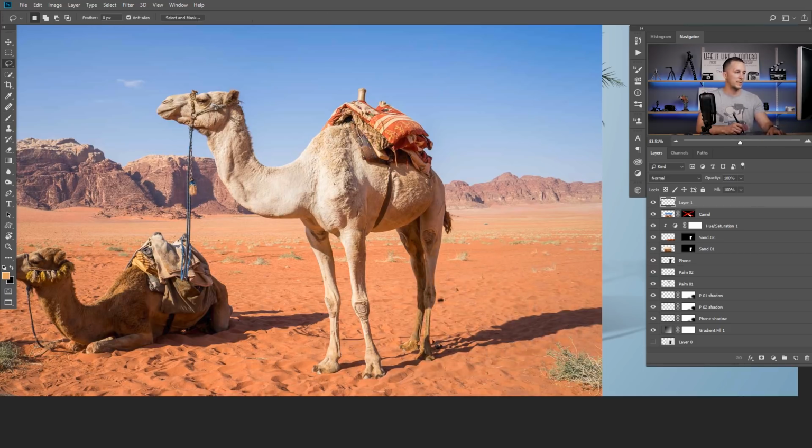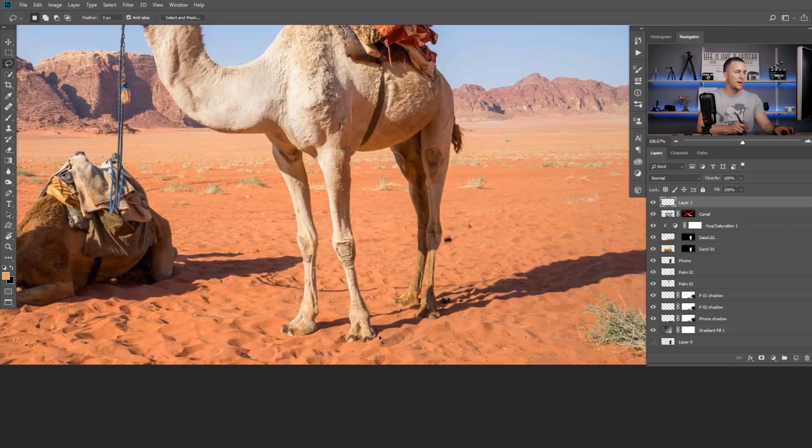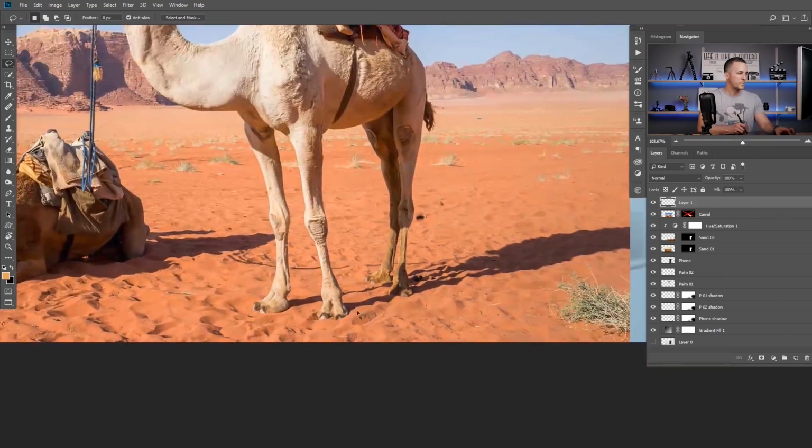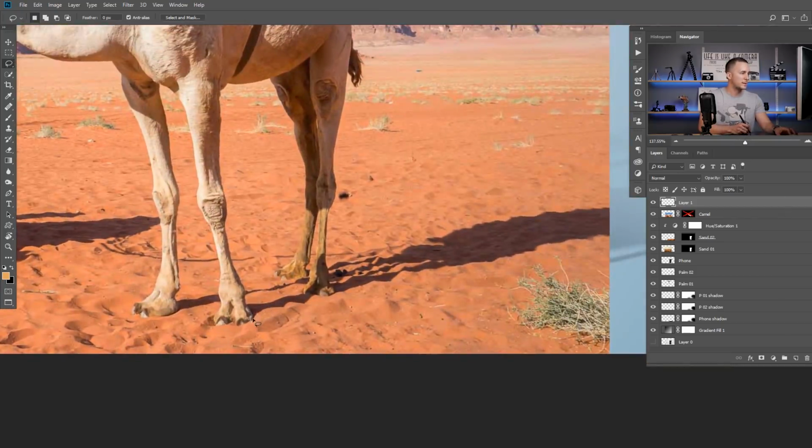I will use the lasso tool, press L on the keyboard, and I will trace this original shadow, but I will not go and trace those curves, because those curves are there because of the sand's three-dimensionality, right? So I'll just go like this, go here, right, and maybe use this part, then go to this leg right here. We can always correct this later, so go around it and just take your time, do this slowly, and go here,